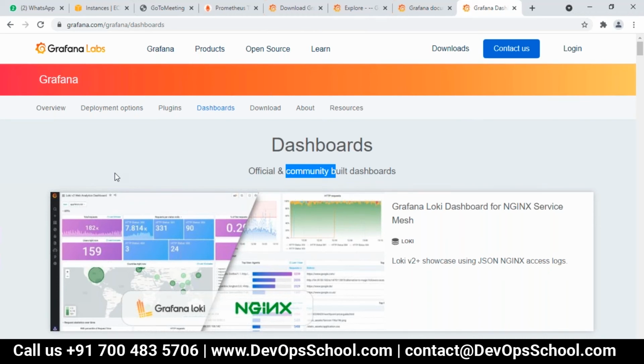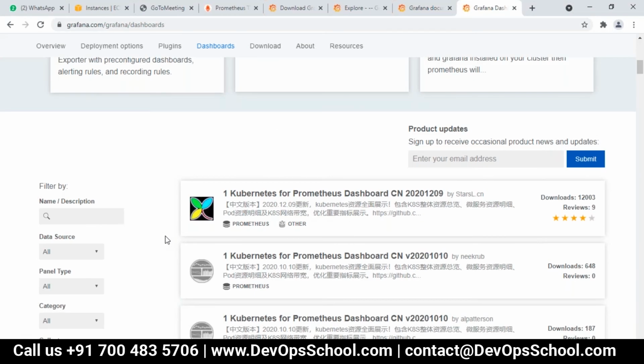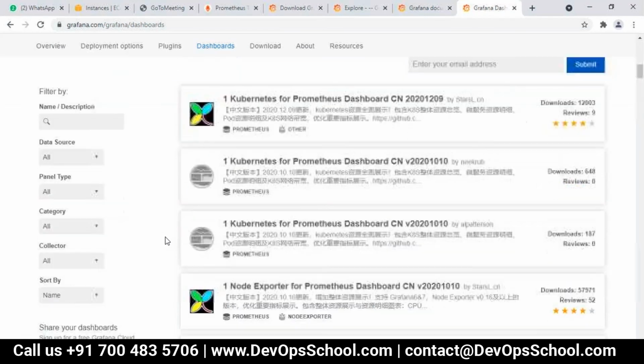If you have some coding skills, you can also create a dashboard and publish it here. See, Node Exporter dashboard, AWS billing dashboard, Nginx Ingress controller dashboard. People have created such templates and pushed them here. As per your need or requirement, you can use them. So right now we are going to use this dashboard.